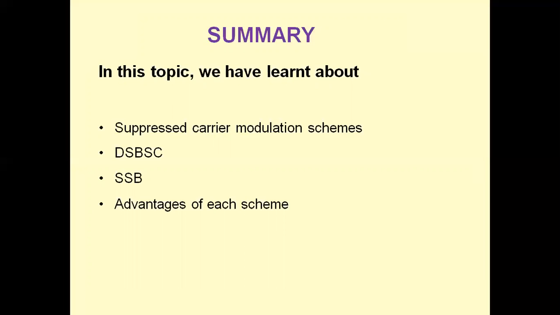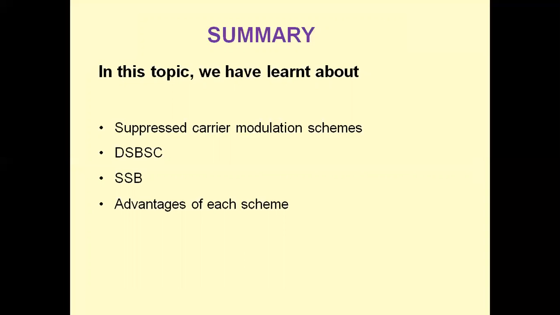In either case, one half of the bandwidth is occupied by the upper sideband, whereas the other half is occupied by the lower sideband. However, the upper and the lower sidebands are uniquely related to each other by virtue of their symmetry about the carrier frequency. That means, given the amplitude and frequency spectrum of either sideband, we can uniquely determine the other sideband because of symmetry. If the upper sideband is given, we can get the lower sideband. If the lower sideband is given, we can get the upper sideband.